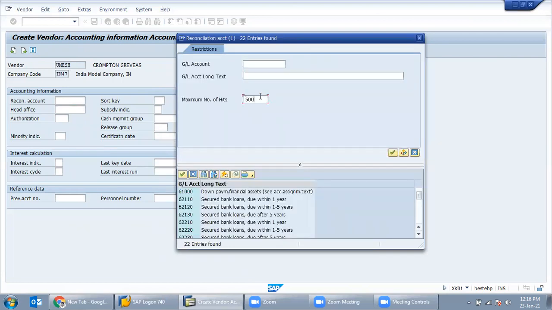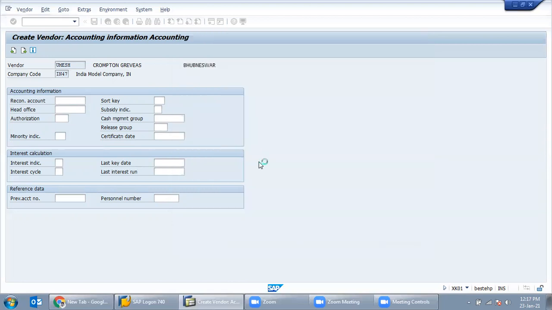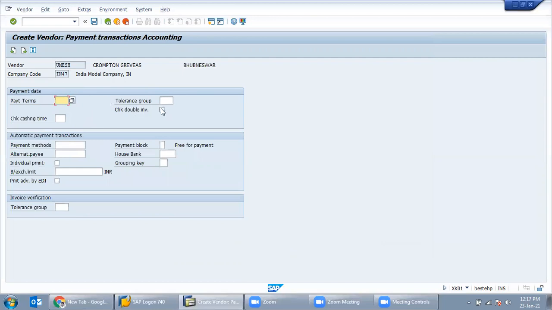Suppose we select trade payable domestic. Okay. So this is the reconciliation account from where we can reconcile the vendor transactions. Just click enter.